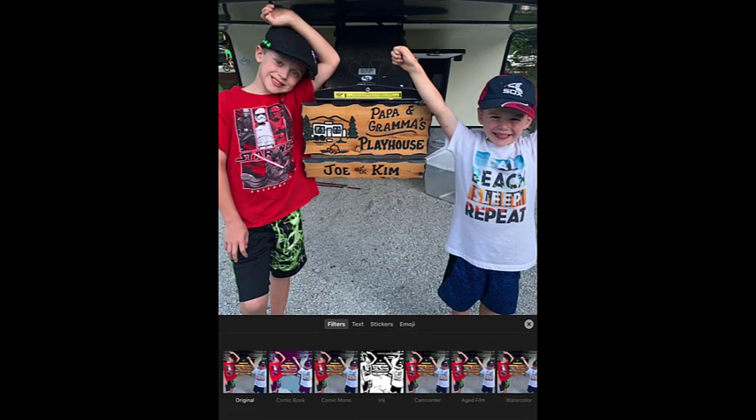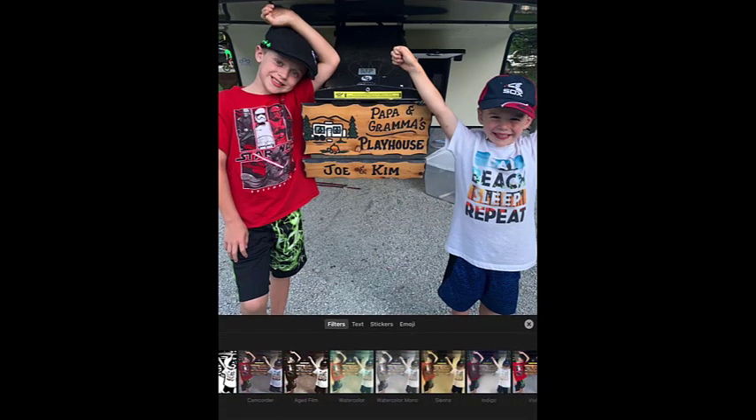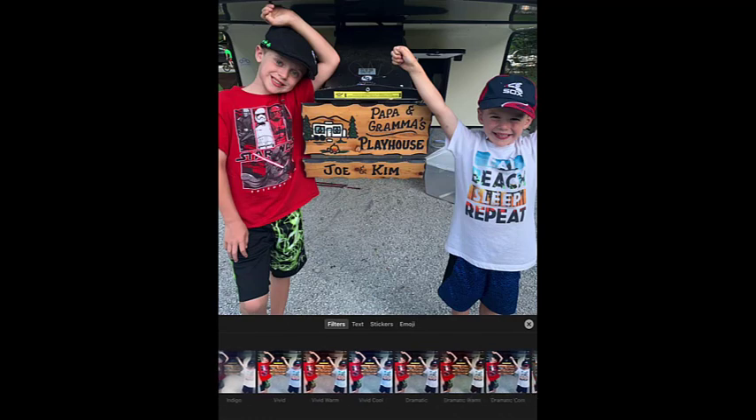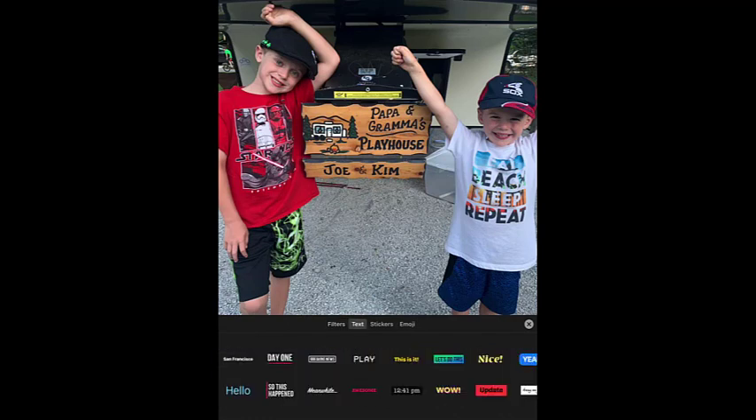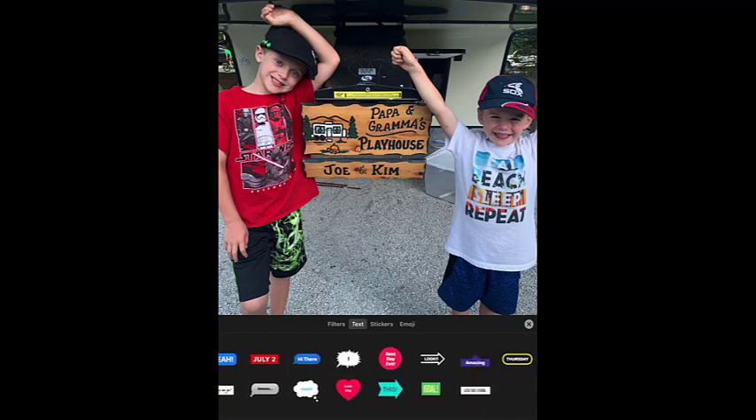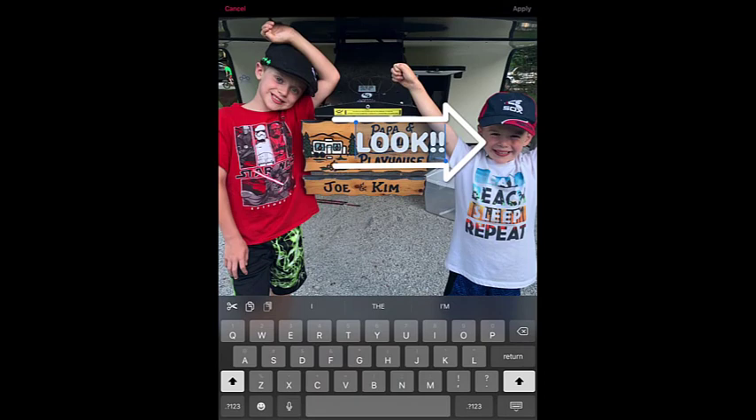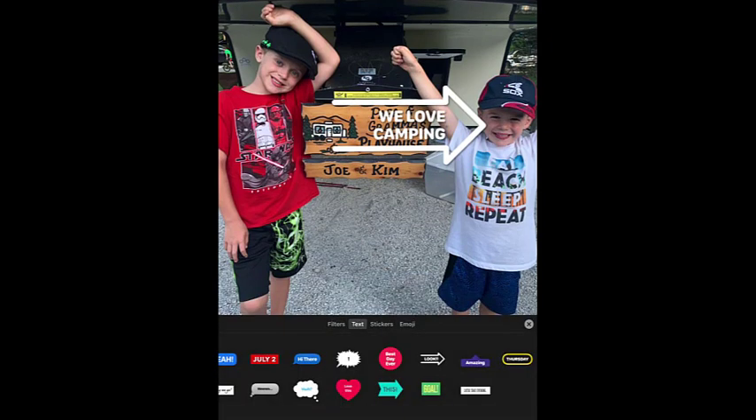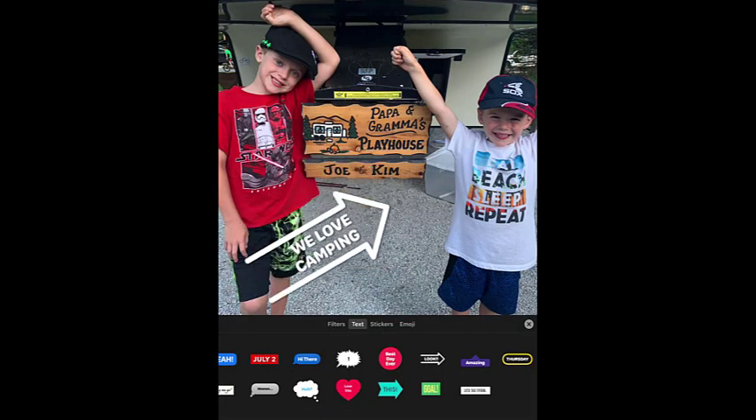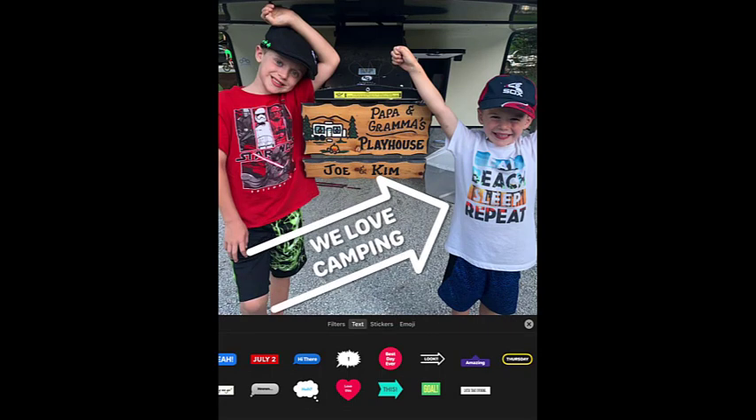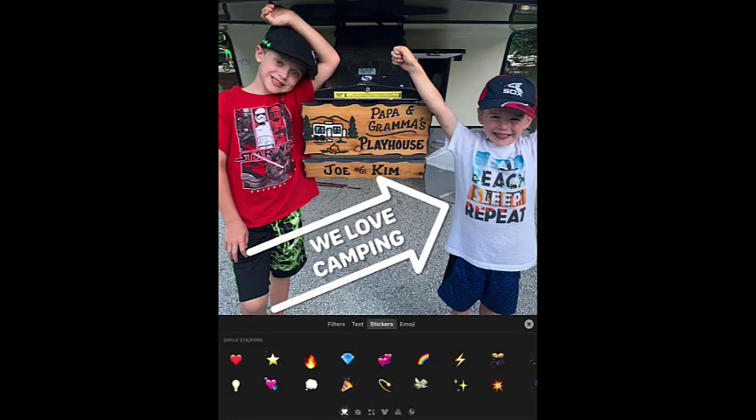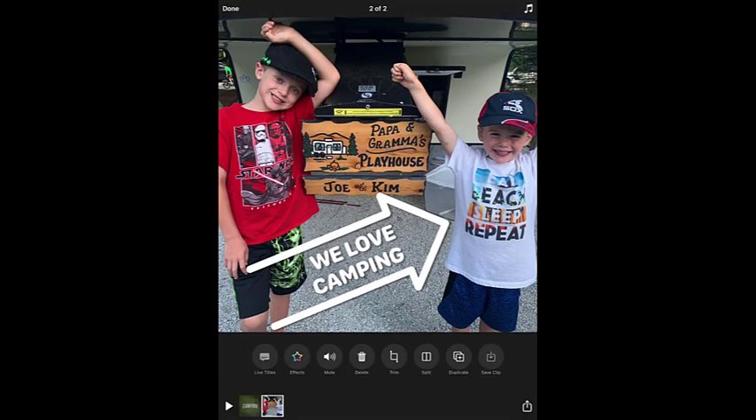They can change the way the picture looks. They can also add some text. Move it around, kind of rotate it. I can add stickers and emojis as well. So we're kind of building like this slideshow within Clips. So now we're going to go to our next